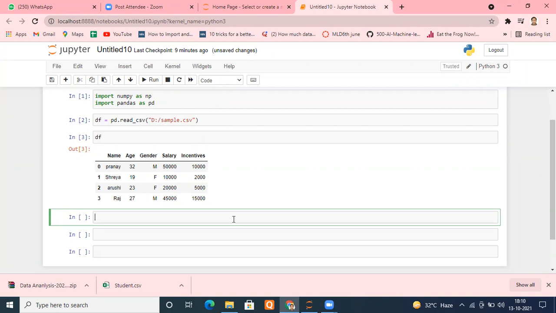So what can you do? One way is to go to your CSV file originally and create one more column over there. Always go back to your CSV file and create one more column. This is one way. The second way is that I will not modify my original CSV file. I will directly do it here and create a new column here. So how can I create it?